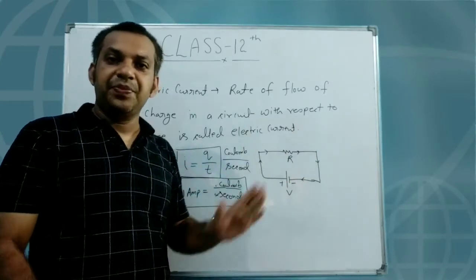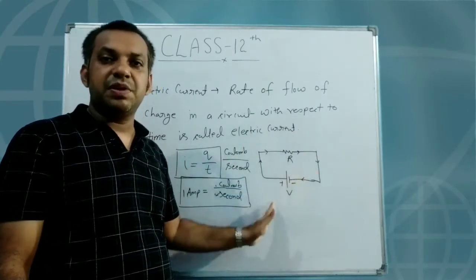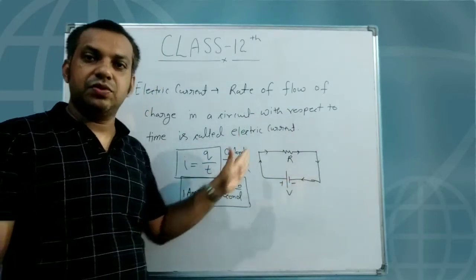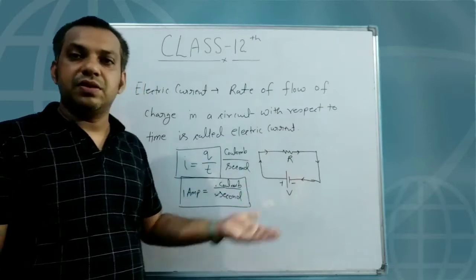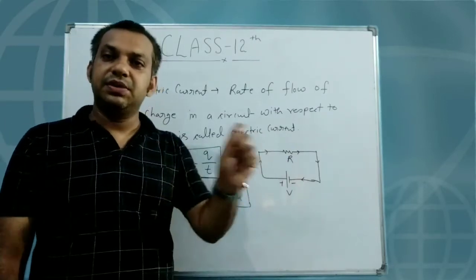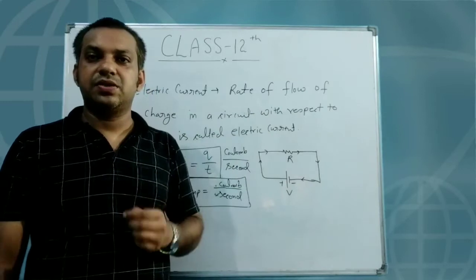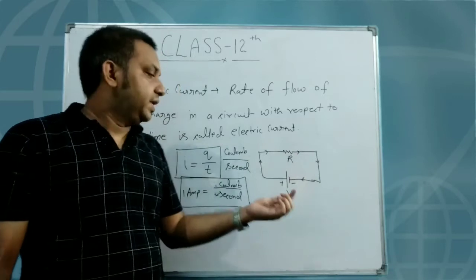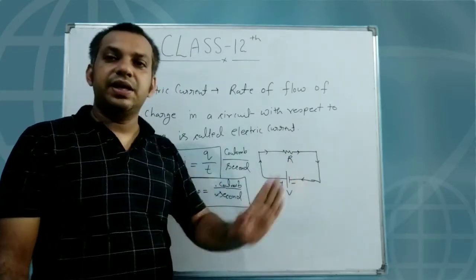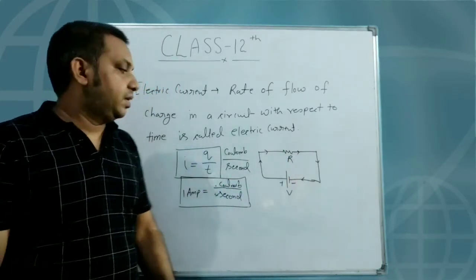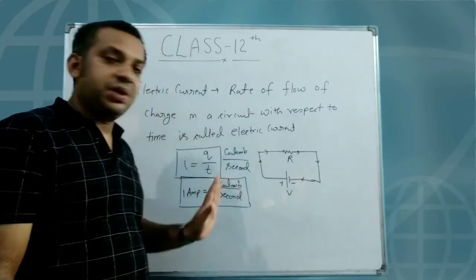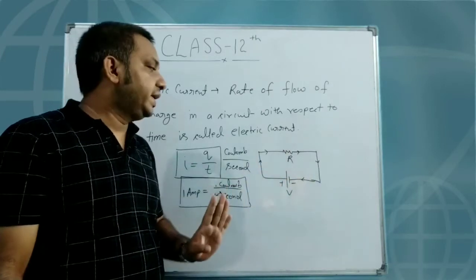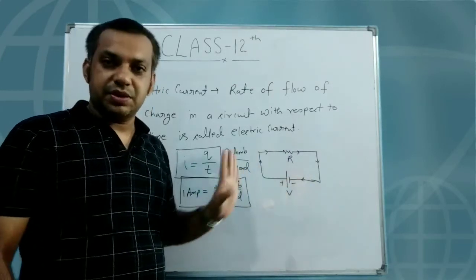So don't be confused. The positive charge is not moving from the positive plate to the negative plate. The electron is moving from the negative plate to the positive plate. It is a simple assumption to simplify our calculation, to overcome the negative behavior of the electron. You know the electron has a negative charge, so to remove that minus in our calculation, there is a proper assumption. By taking this, the negative is already compensated in the calculation. So the electric current, this arrow sign, is indicating the direction of the movement of the positive charge. So what is current?